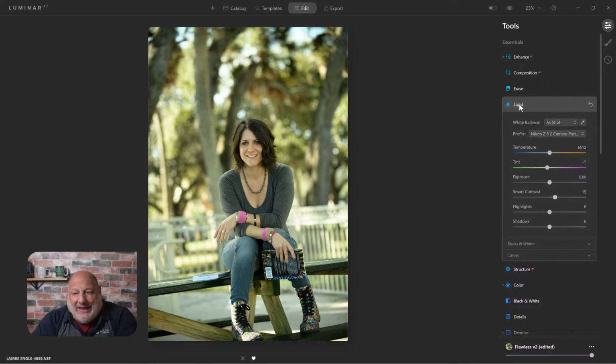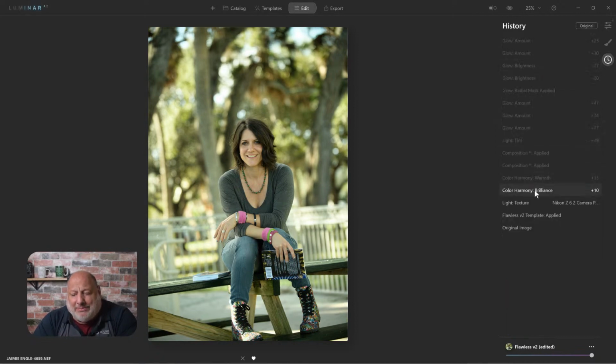By doing that, look at the difference before and after. It's getting me in the ballpark of color correcting. Now, I popped a little color harmony in there to bring out the brilliance of the image, and then the warmth